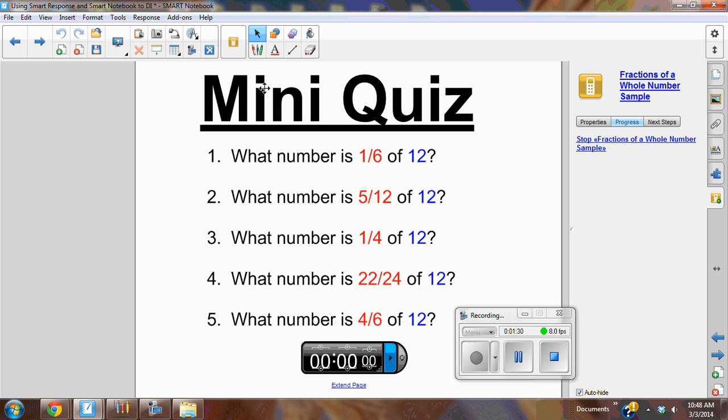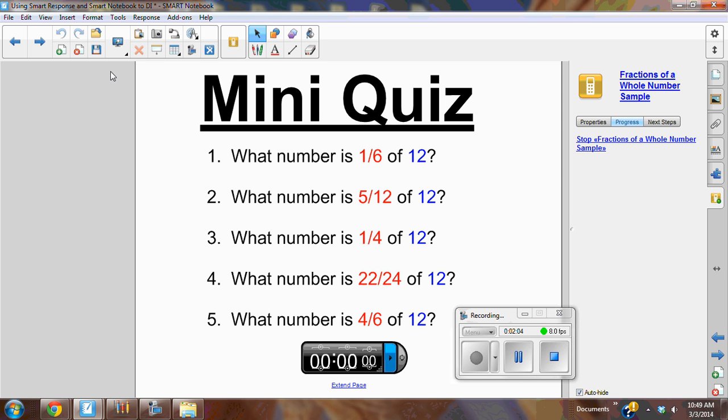Again, they could have this in front of them. It doesn't necessarily need to be on Smart Notebook. But the students are figuring these out, so I don't know, 2 minutes, 3 minutes, however long you want to give them. I just like putting a timer on there. It helps let the students know your expectations about how fast they should be moving. So they're doing this quiz. All right, so I can't show it again because I'm using my laptop at home, but you hopefully will get the